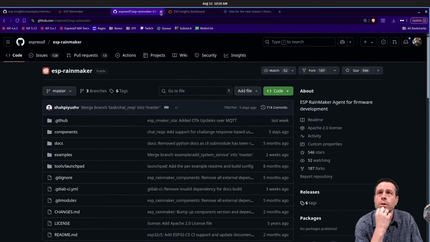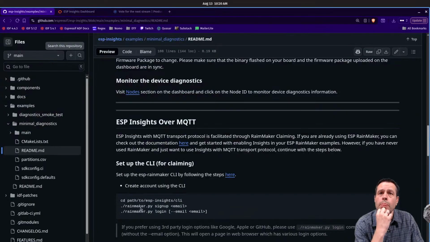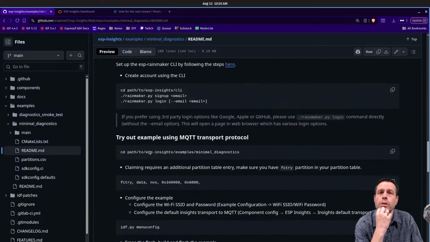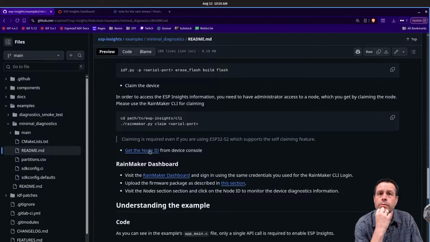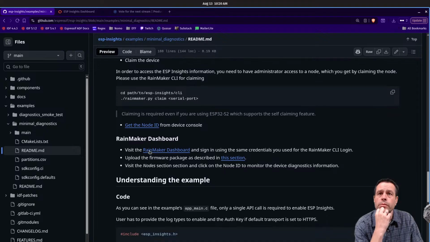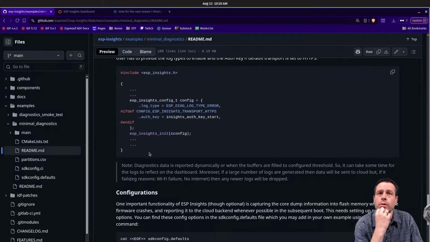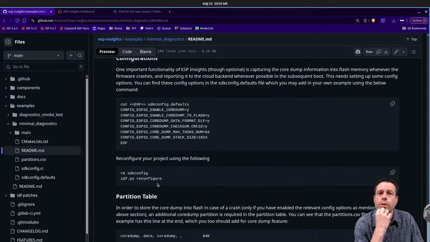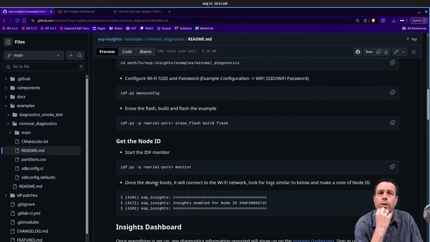It's not. I'm looking for, oh, that's for, yeah. Check out, I want the ESP Insights documentation. This is Rainmaker. Configurations, partition table. Yeah, we got all of that. I would just really like to know